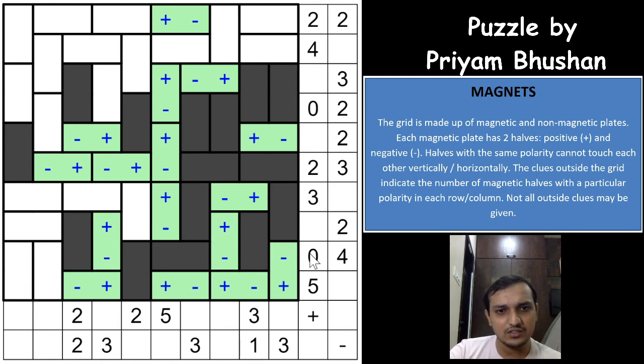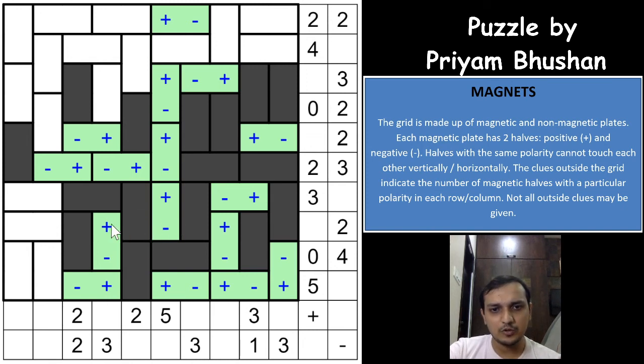So do we get anything else here? So this cannot be a magnet. Both the negative and positive are touching this cell again, and you need to have 3 negatives in this column. So 1 and 2 are already placed, 3rd can be anywhere. So 5 positives, right? Okay, it can be here as well and here as well. Nothing, not sure about it yet. And this cannot be a magnet as well.